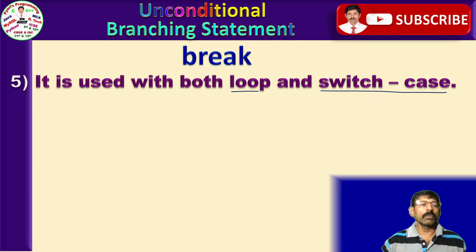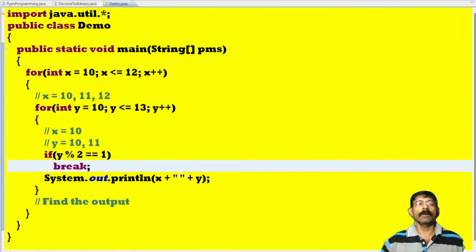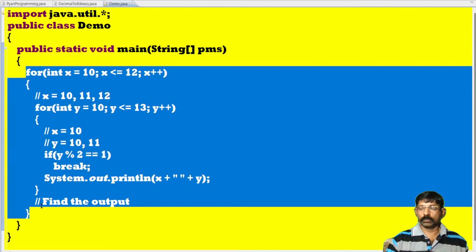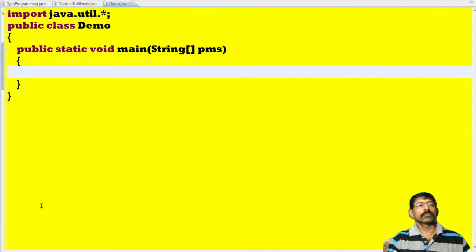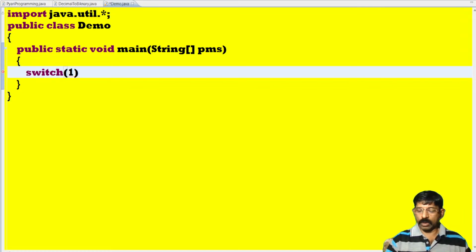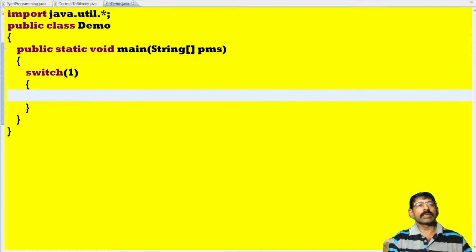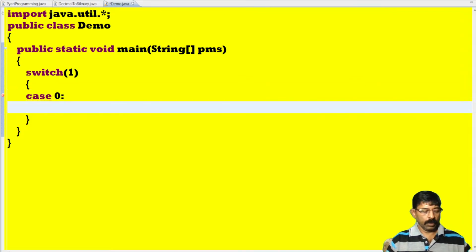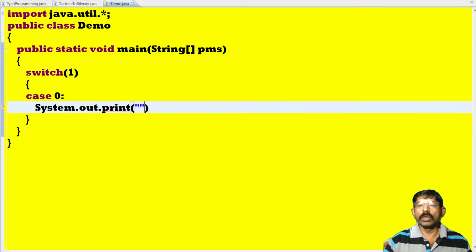Let me show you. Let's go to the Java. Switch, suppose I am saying 1. Inside this, I am saying case 0, System.out.print, within quotes,